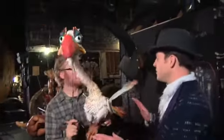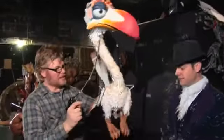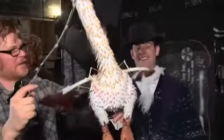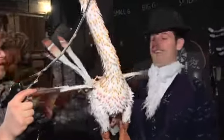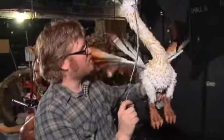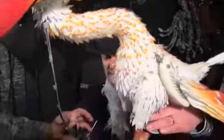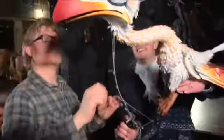Okay, but it doesn't end there because we've got to flap the wings as well, haven't we? So there's also the wings, which is a paddle that you pull down, and you can actuate this by pulling on the string. Oh, I see, right. And it makes it look like he's flying. The actor's dressed in blue to represent the sky, and so even though he is Zazu, the two of them together create Zazu. You see the beautiful flight of this